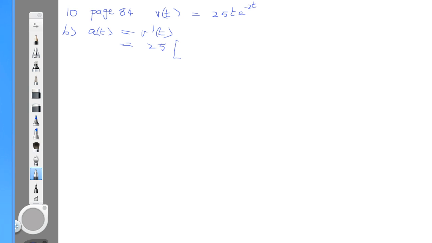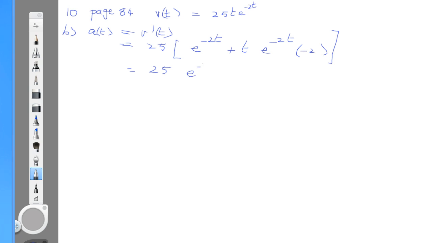So product rule, derivative of t is 1 e to the minus 2t plus, we just put the t there, the derivative of e to the minus 2t is e to the minus 2t, and we take the derivative of the power function, which is minus 2, put it in brackets so it's clear that we multiply it, and we've just got to simplify it. So the 25 is out the front still,